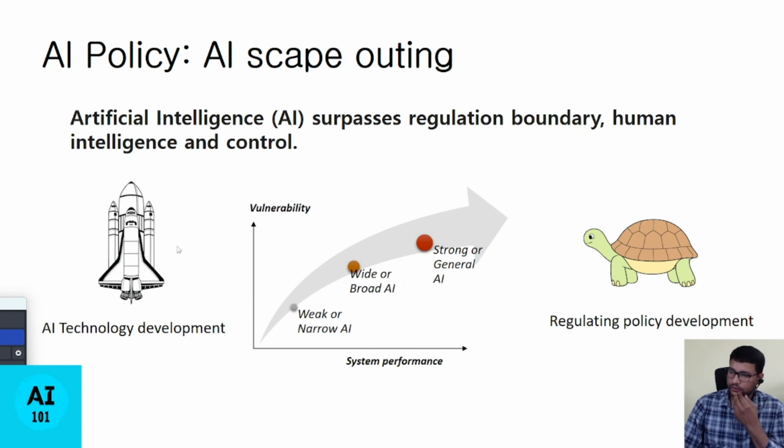But as you can see, technological development is very fast, right? But regulation is very slow. And there should be a balance between technological development and, parallelly, the policy should be developed at the same time. And we can see that AI technology is going broad, and today we have some AI technology working in a narrow domain, and it could become very strong in the future. So it should be more balanced overall, right?